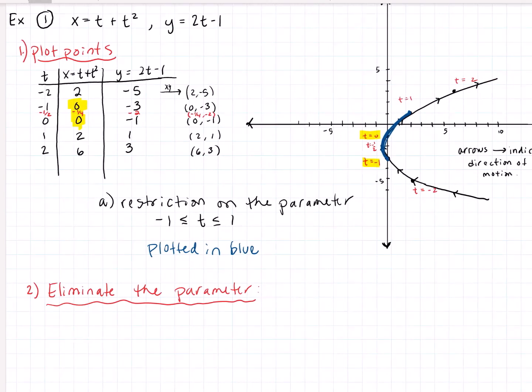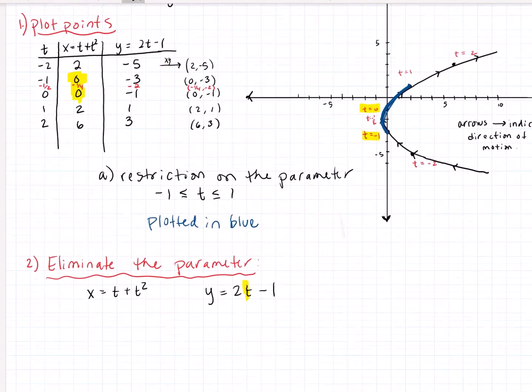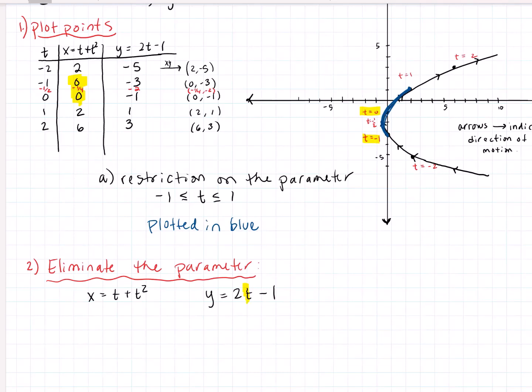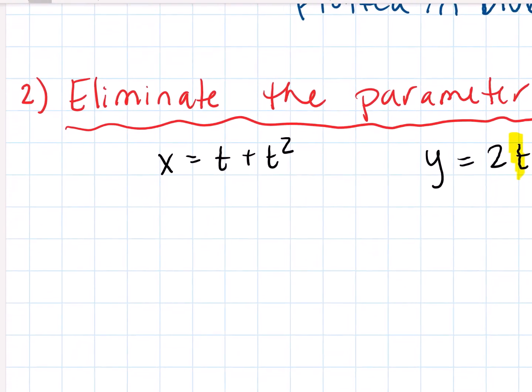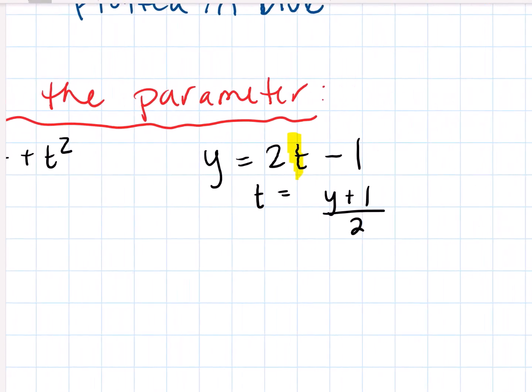On this particular one, I've got x equals t plus t squared, and y is equal to 2t minus 1. On the y definition, isolating the parameter is going to be pretty simple. So it turns out that t is actually equal to just (y plus 1) over 2. And then I can plug that back in